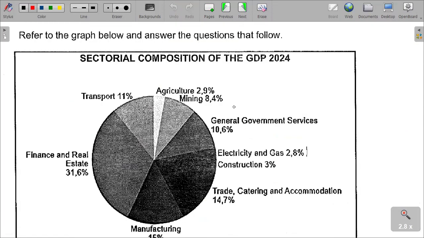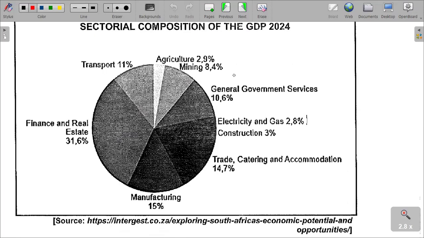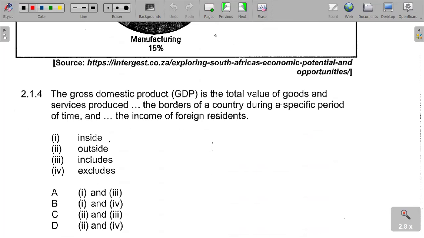Refer to the graph below and answer the questions that follow. Sectorial composition of the GDP 2024. According to the sectors given there, we are given various percentages: manufacturing, trade, catering, and accommodation. Question 2.14 says the gross domestic product is the total value of goods and services produced within the borders of the country during a specific period of time, and dash the income of foreign residents. Now what you need to understand is that when we talk about gross domestic product, we are looking at